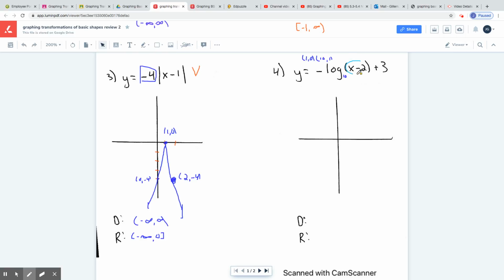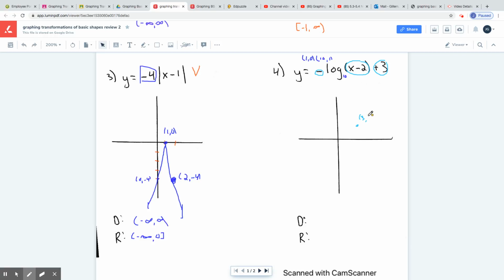Now, I'm moving the graph to the right 2. I'm moving it up 3, and I have a vertical flip, which means I'm flipping over the x-axis. It means I change the sign of my y. So normally at (1, 0), that vertical flip doesn't do anything to it, but I move over 2 and up 3. So this point right here was at (1, 0). This change the sign here does nothing. Move to the right 2,